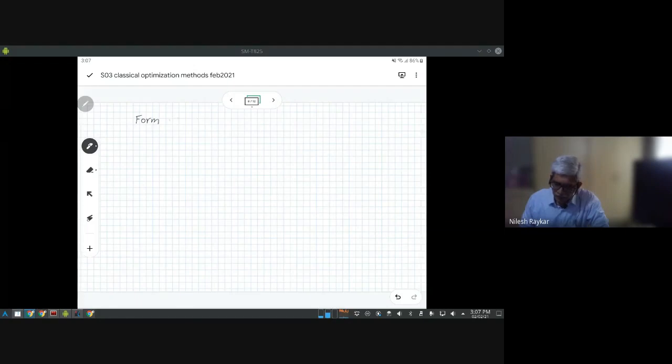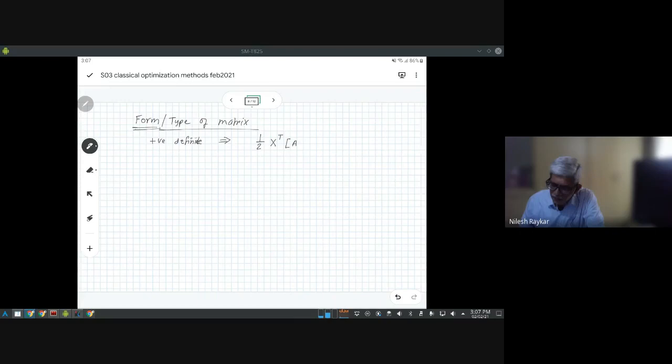Okay, form or type of matrix. The more technical term is form of a matrix. So these are known as forms of a matrix, the 5 forms I just explained. The one which is positive definite implies that if the matrix is positive definite, the value of the function which is given as